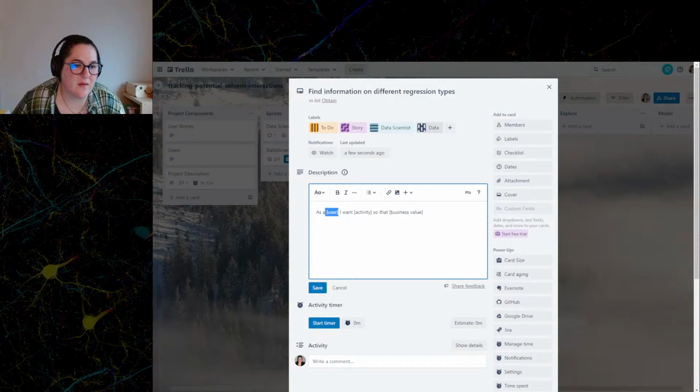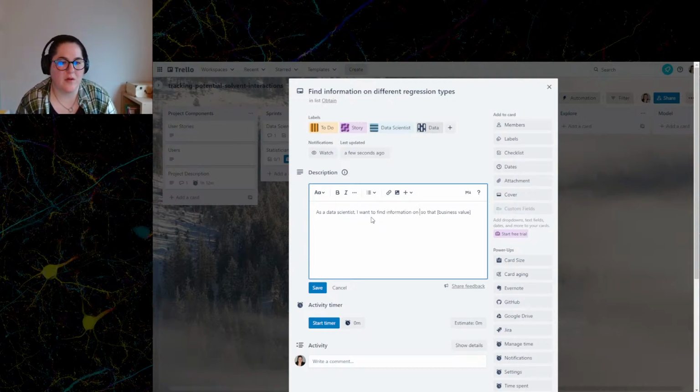As a data scientist, I want to find information on different regression types